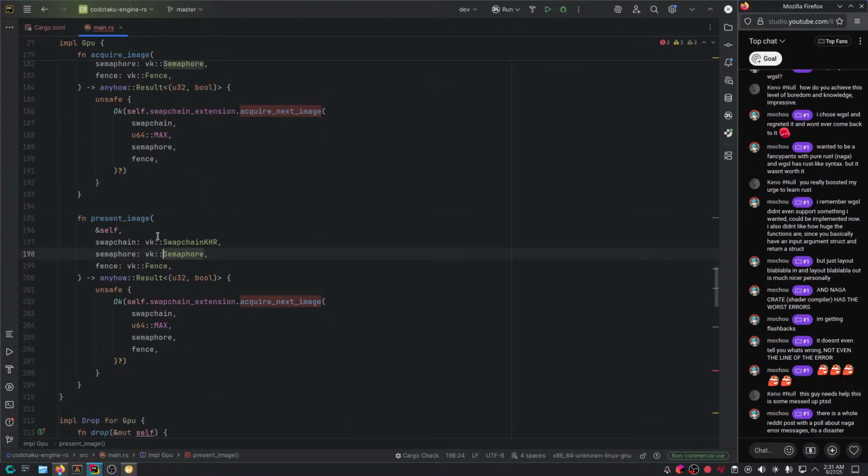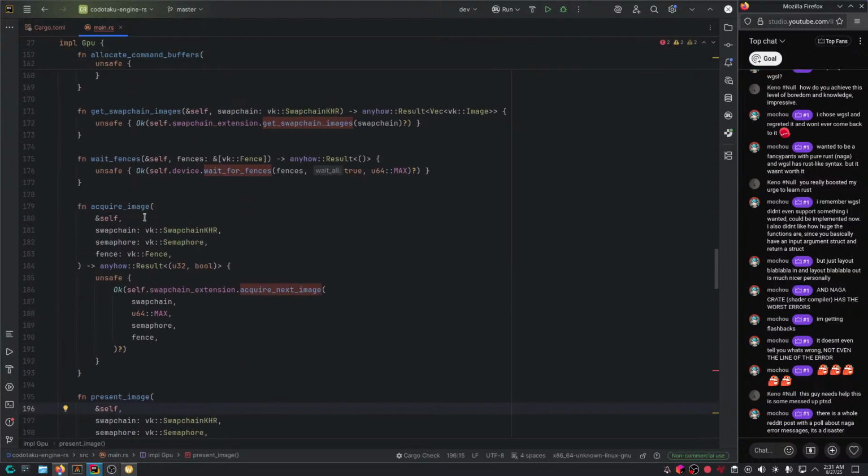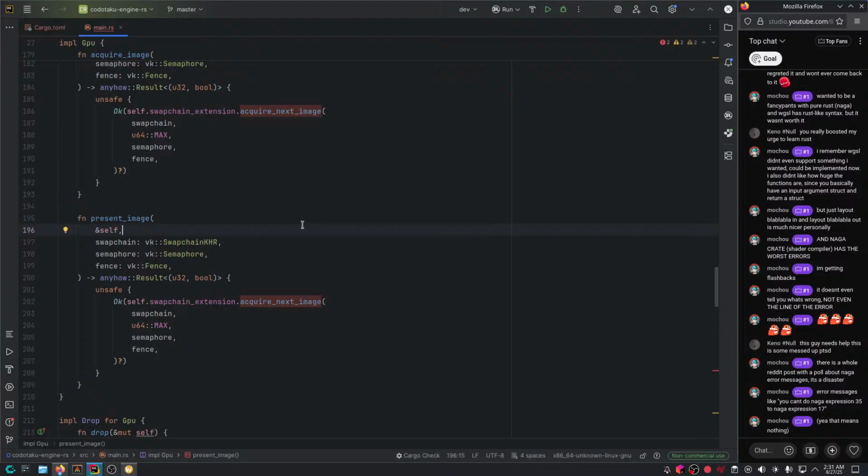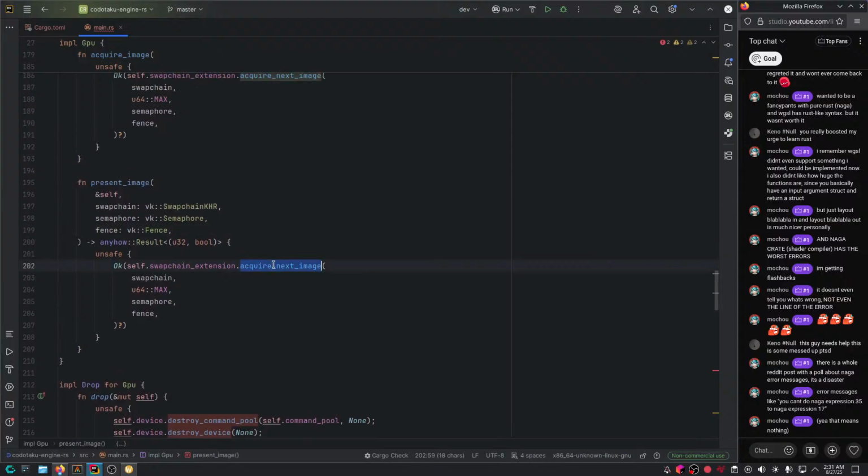It's a lot of boilerplate code at first, but then after you abstract this stuff, it becomes easier and easier and easier. So an error message is like, you can't do Naga expression 35 to Naga expression 17. Yeah, that means nothing. There's probably something that you could implement to make it better. I'm not sure, but yeah.